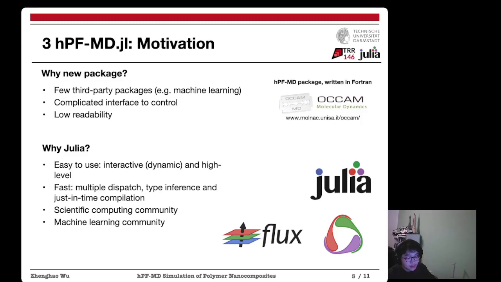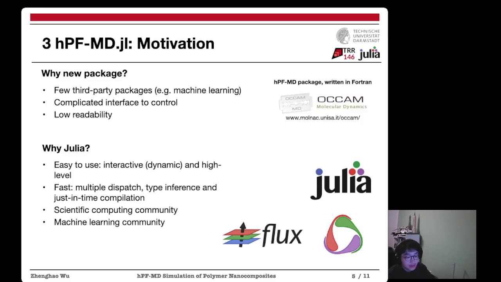Secondly, the OCAM code implements its own formats to read input and output data. Consequently, it is a bit difficult to utilize the analysis or other third-party tools popular in the MD simulation community. Thirdly, it is also a bit complicated to read the original OCAM code, and thus extension to more functionalities becomes